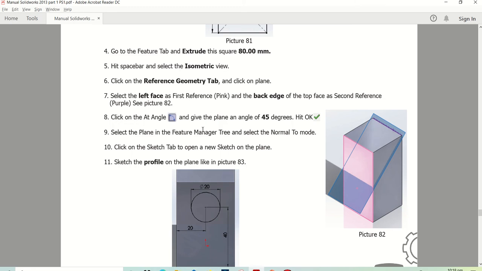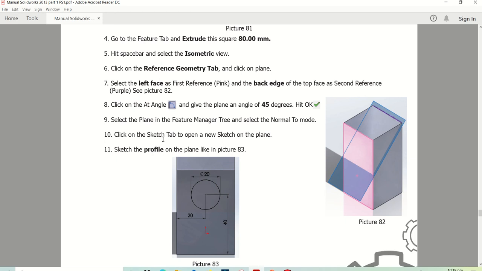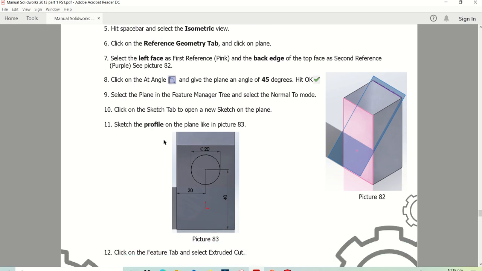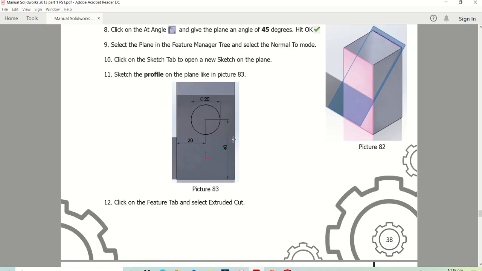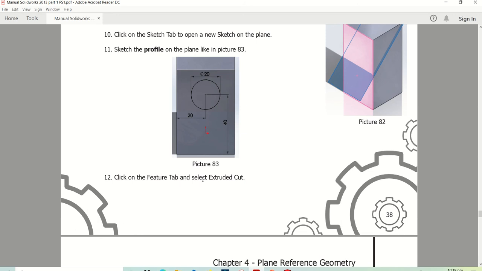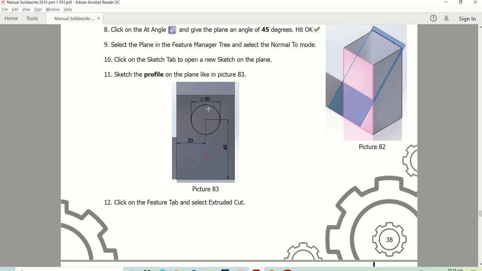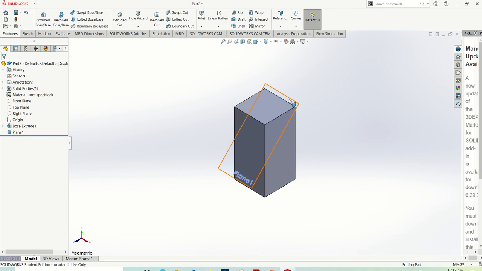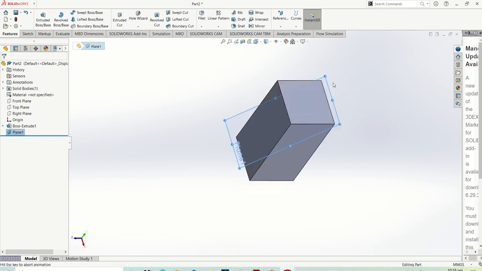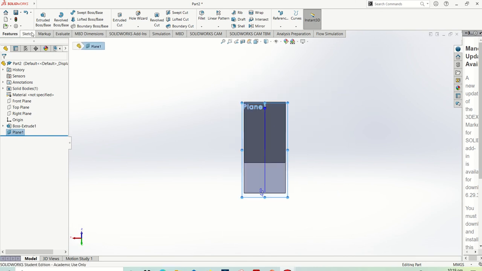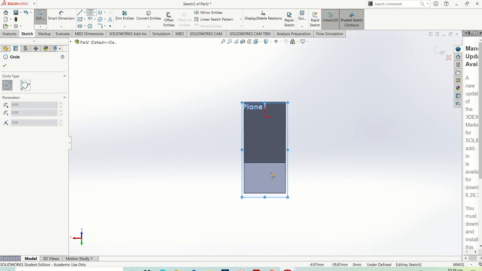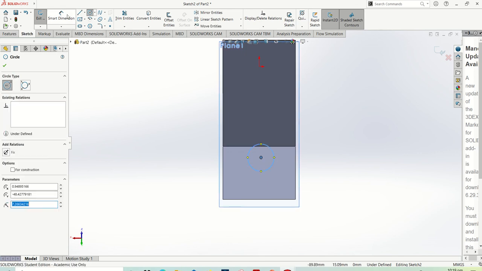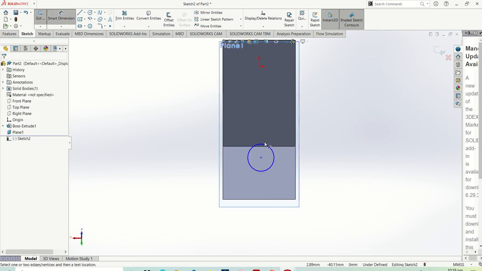And after selecting that, select the plane in feature manager and click sketch on the new plane, sketch the profile on the plane like in 83, and click the feature tab and select extrude cut. So we have to make a circle 20 mm. So create normal to, and sketch circle, smart dimension